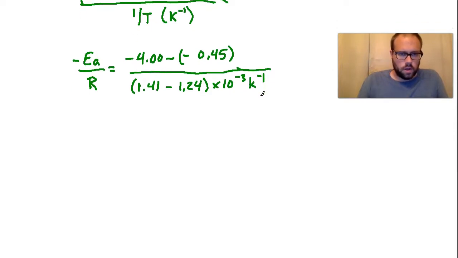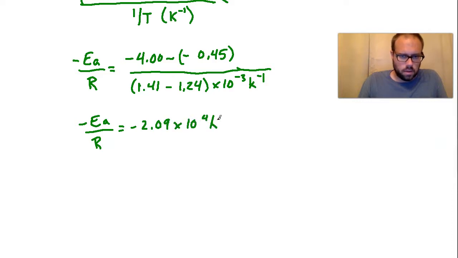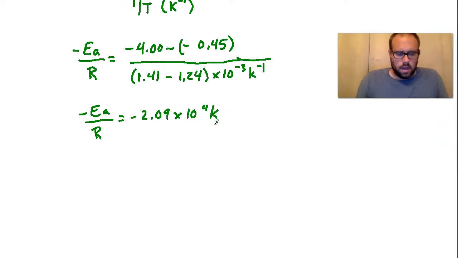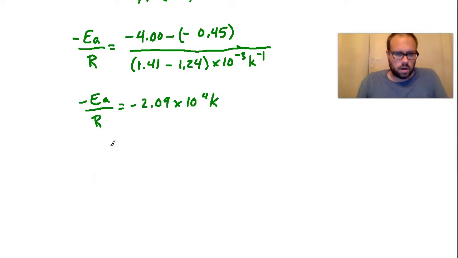So if you solve for that, then you will end up with the negative activation energy over R equals negative 2.09 times 10 to the 4th Kelvin. Now, I want to turn this into just activation energy. So in order to do that, I need to move the R to the other side, and because this is negative, we'll also ditch the negative, meaning I want it to be equal to activation energy, not negative activation energy. So I get rid of the negative over here, and I put 2.09 times 10 to the 4th